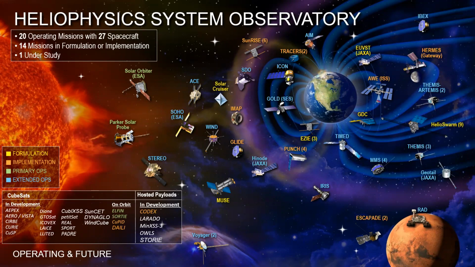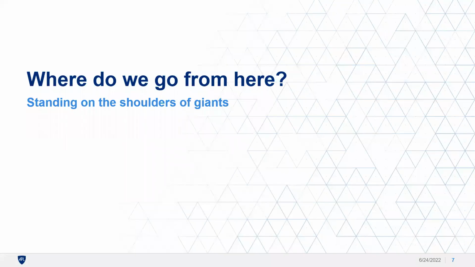And so with that, I think it raises the question of, okay, so where do we go from here? Because at this point, we've had all of these firsts. If you want to ask, have we ever measured a certain quantity like the magnetic field at a certain location, the answer is probably yes. That measurement has been taken at some point in time. And so we have these really broad shoulders and this really great foundation to stand on when we want to